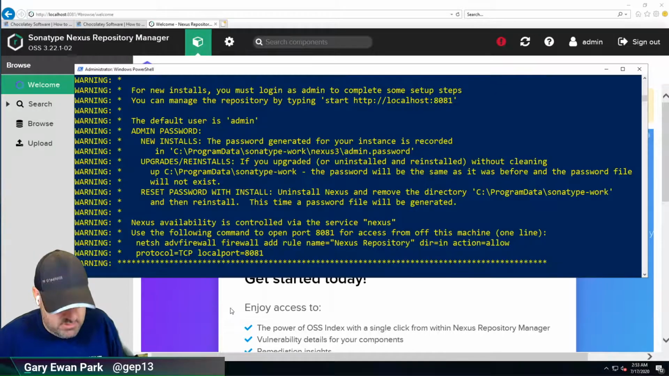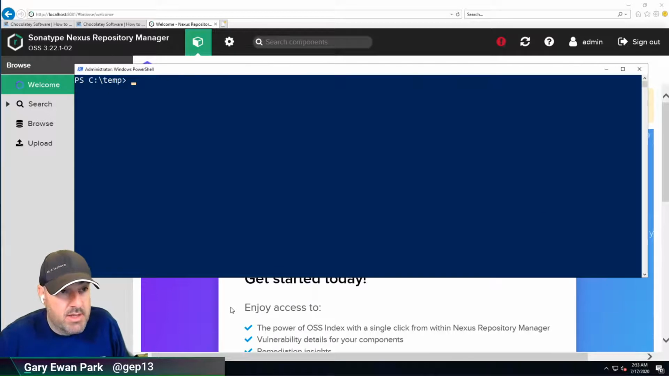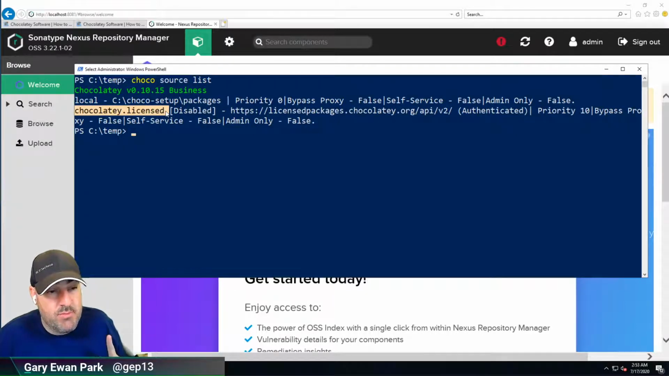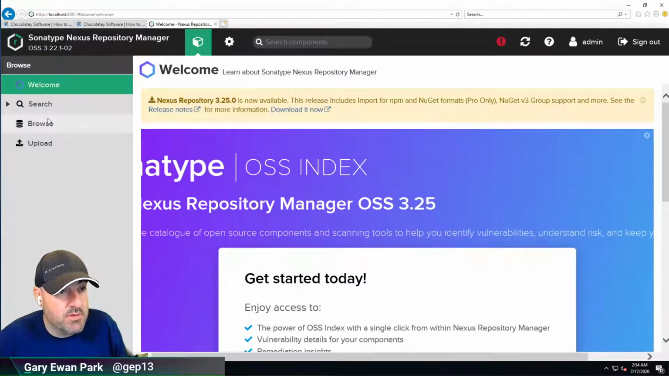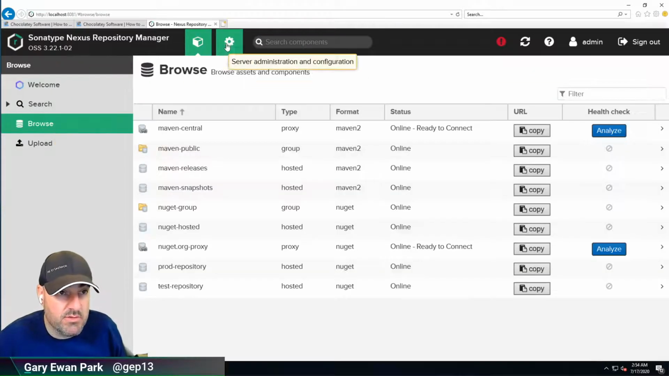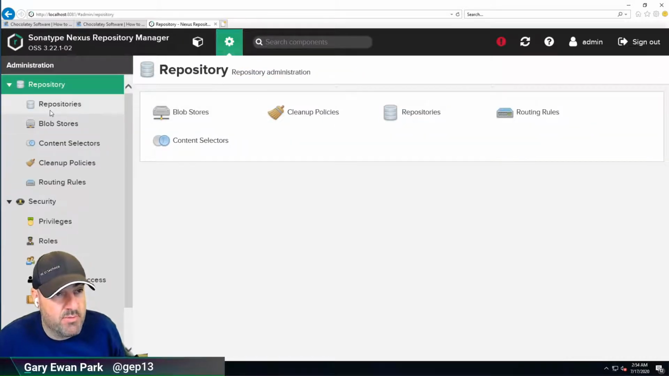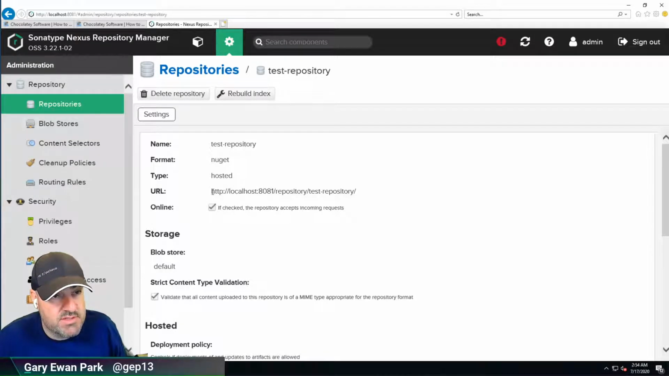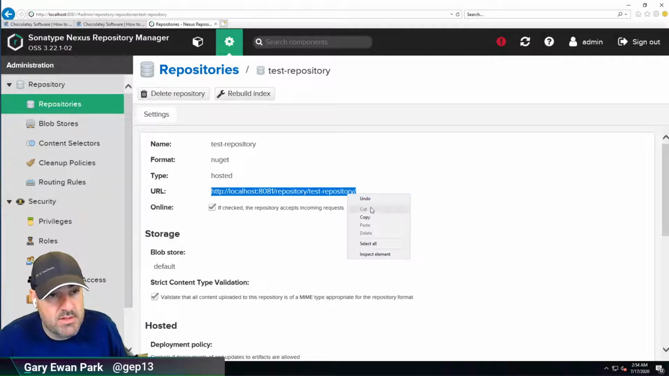So the last thing that I need to do is go up to here and clear the screen. Currently, if I do a choco source list, we'll see that we've got our local packages repository, and we have the Choco license repository. So I'm going to want to set up additionally the two feeds that we've just created. So I'm in the settings, I'm in repositories, and I click on my test repository here. Then this is the URL that I'm interested in here. So I copy this,